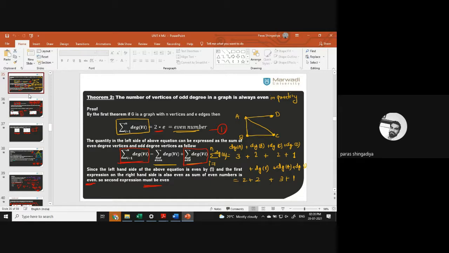e is any number, and when you multiply any number by 2, that number will convert to an even value. Okay, any number you have, if it is positive, multiply this number by 2, so that number will convert to an even value. What answer will you always get? An even number. Okay, whatever the sum mentioned for any graph, that answer is always equal to 2 times e, so this answer is always an even number. Okay, the sum, whatever it will be, you will always get an even answer. Okay, step 1 is complete.